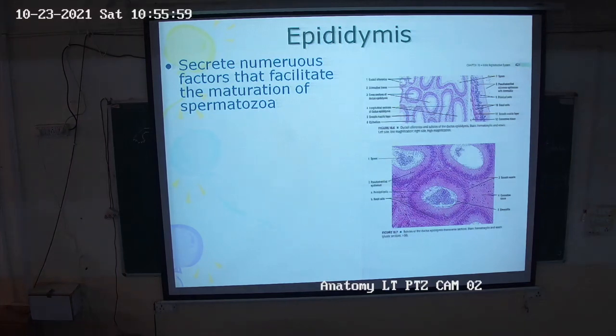Here the function of stereocilia, remember, star mark, is not mobility but absorption of the excess testicular fluid and creating a current that pushes the semen from the testis into the epididymis. Here storage and maturation of the sperm takes place. Then the follicles are surrounded by the smooth muscle fibers. Okay. Then the next is vas deferens.